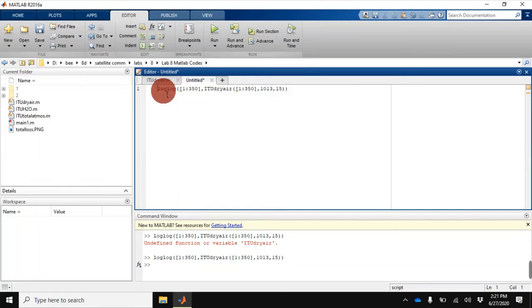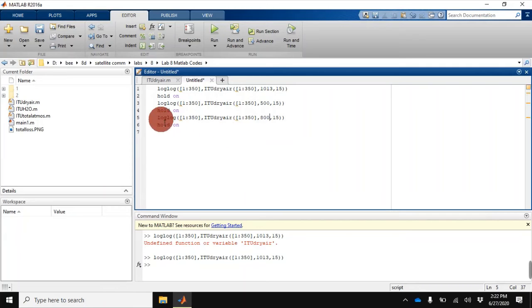So what I'm going to do here is, first I will go to the next line and write hold on, and then copy these two lines two times. Now I will change the pressure values here. For example, in the first line it is 1013, I will write 500 here and 800 here.